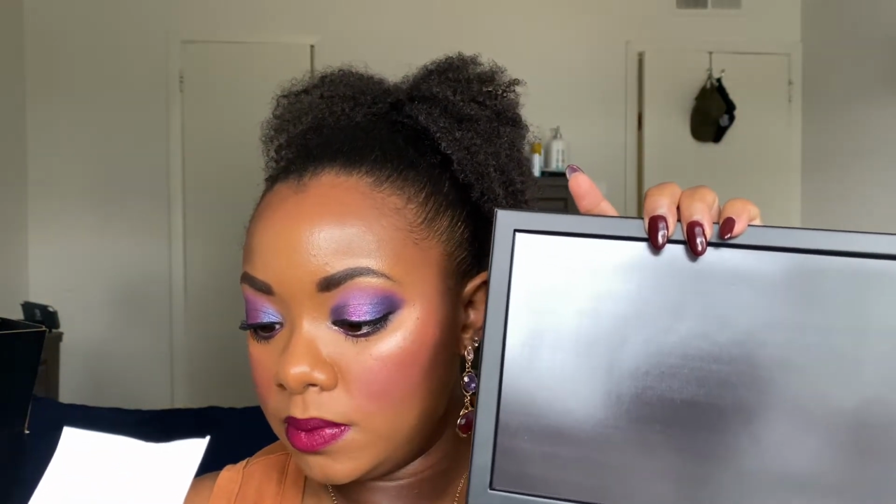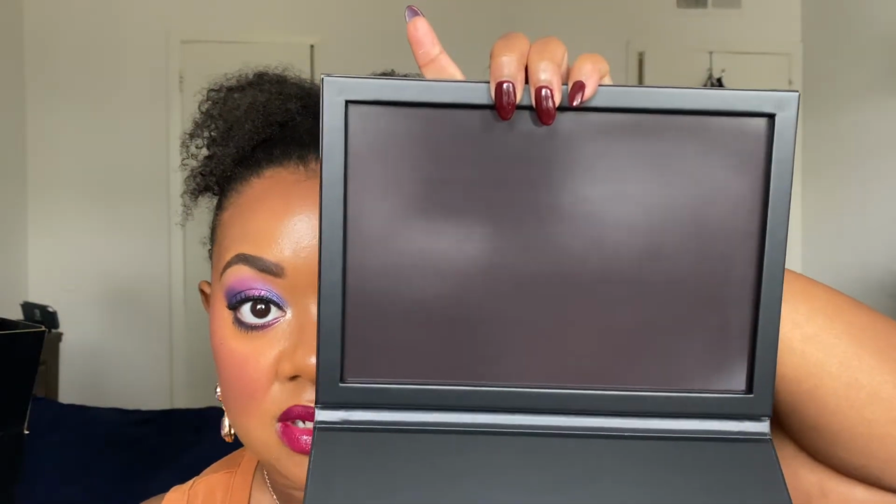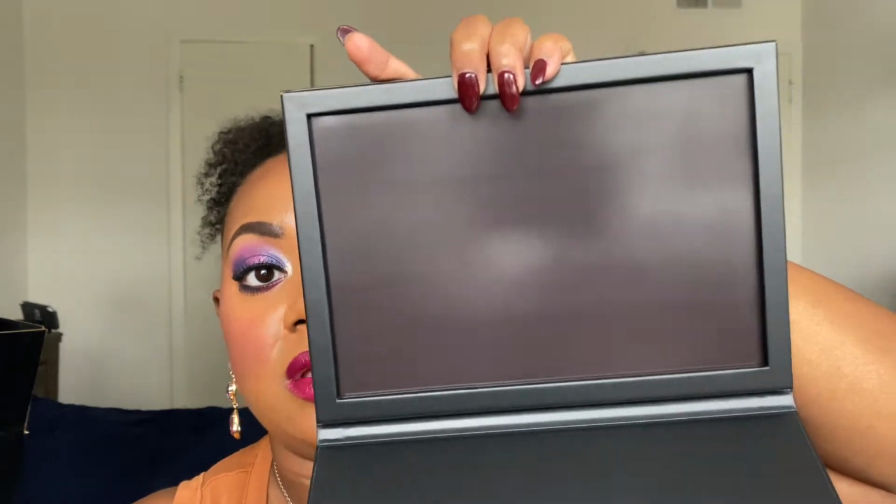It's a basic large palette. These are typically, I believe, $12. Let me see. Yeah, these are typically $12, so add 50% off, they're $6 a piece, which is honestly really, really good. I was looking at the Adept Cosmetics one before this one, but that one is like $35, and $35, $6,